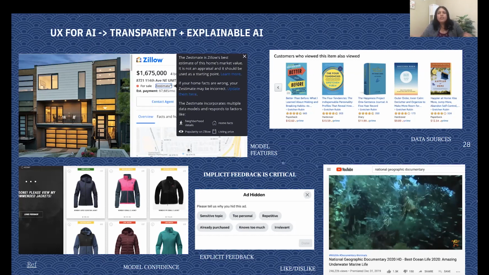The second one is around data sources. So in data sources here, here's a list of recommendations shown on Amazon. Now, the fact that Amazon is saying that customers who view this also viewed says that you're part of some segment that Amazon has figured out who are interested in these documents. Telling or conveying that to the users is very good, because now you know why you are shown